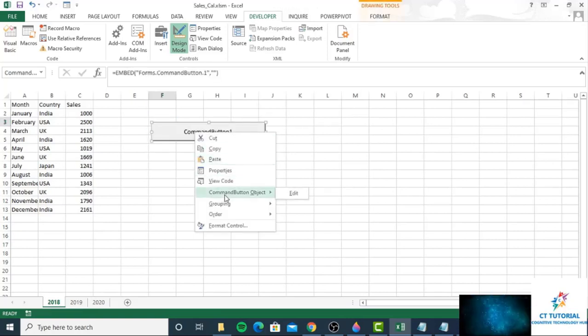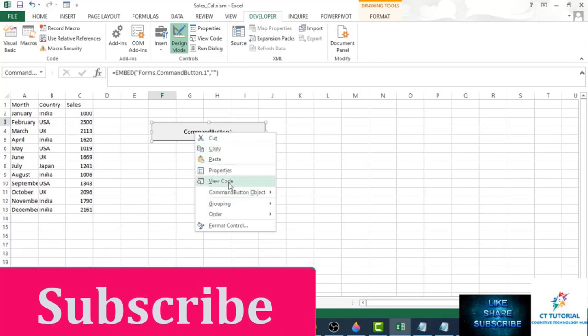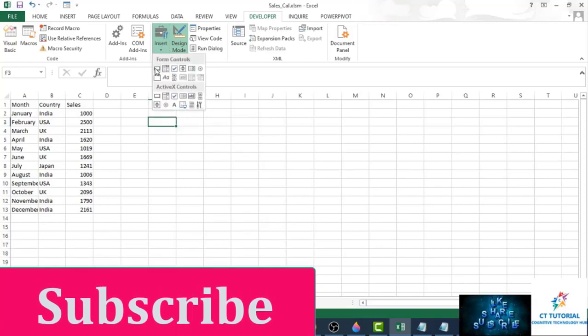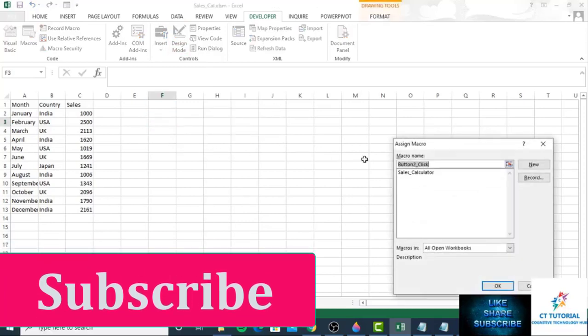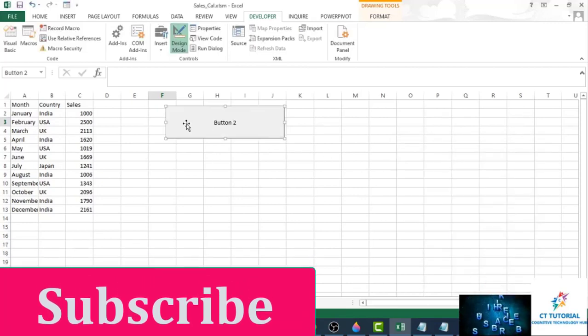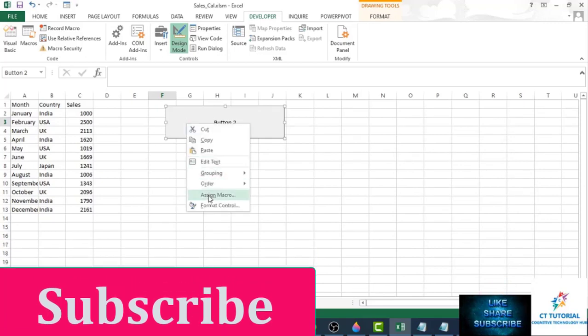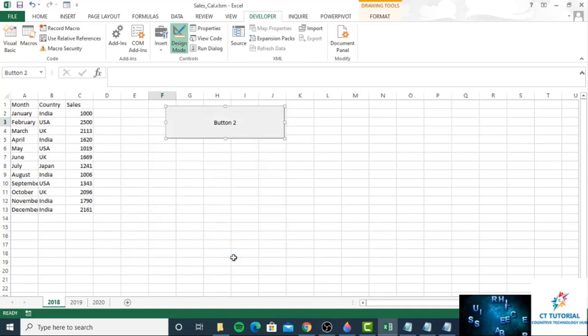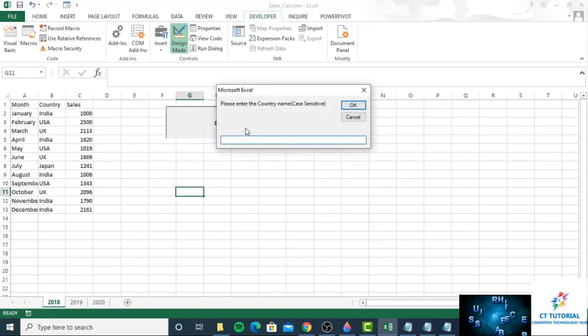Then just right click and assign macro. So we will select the cells, and now just click here and enter the desired country's name and press OK.